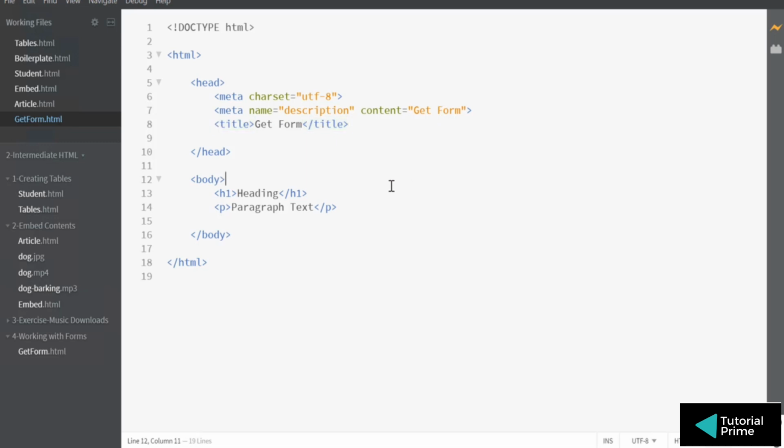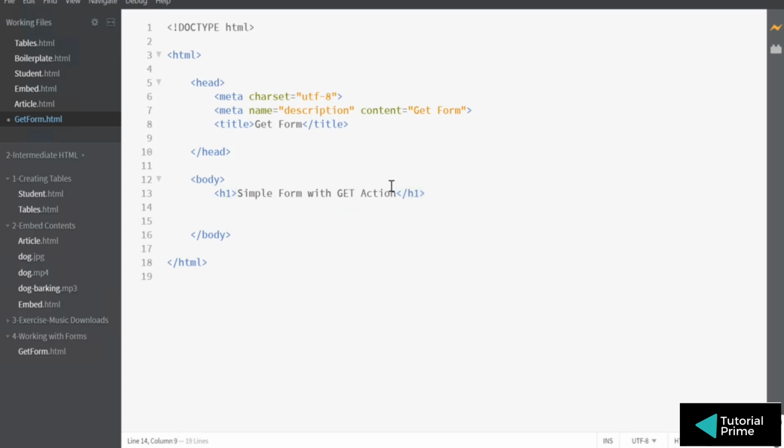Forms, as you know, are basically like a contact form, sign up form, register form, login form. You have elements like text boxes, check boxes, radio buttons, submit buttons, and all those things you can create in HTML using something called forms. That's what we're going to create in this exercise. So we'll say simple form with get action. I'm going to see what action means.